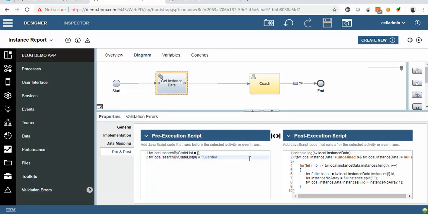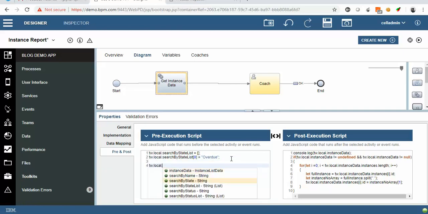Okay, I will just paste it, and like that I am going to use the search by status list, initialize it,